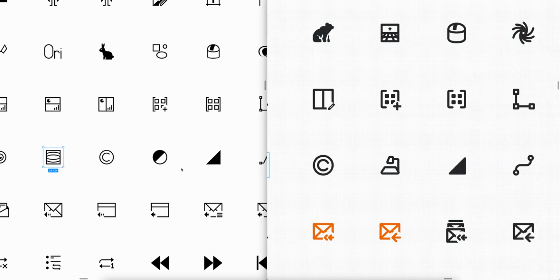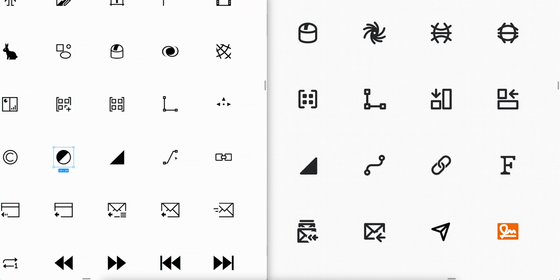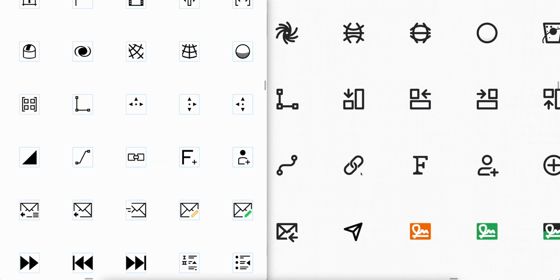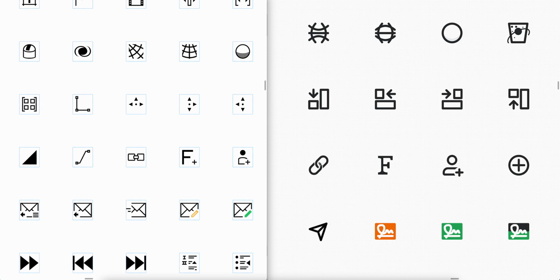Then we have the copyright icon and a few others. For example, this one is supposed to represent a dark table, and it went from this circle with a half black to this. I think it drives the idea more clearly. Then others pretty much stayed the same. The link icon we have changed to be more standard. I consulted a lot of images to come to this, and this seems to be a more acceptable or more up-to-date shape. The previous one is almost there, but again, we have to remember that